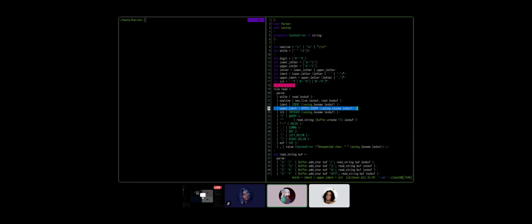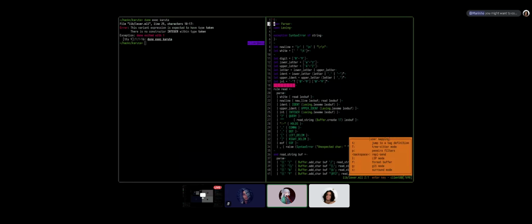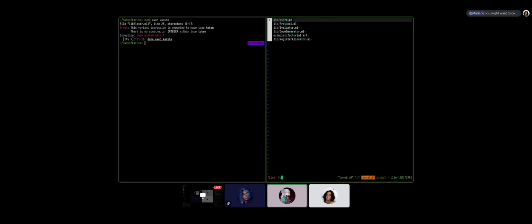This should work, right? Hopefully. There's no constructor integer within type token, apparently.